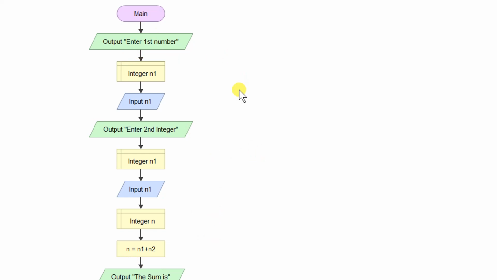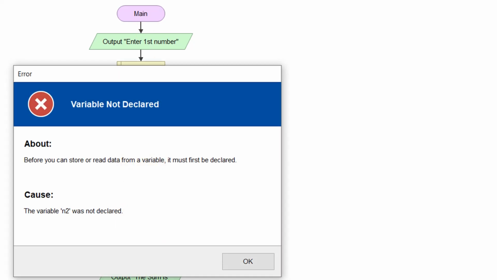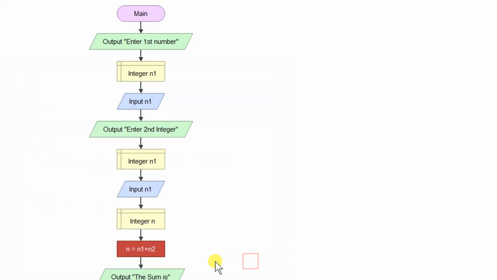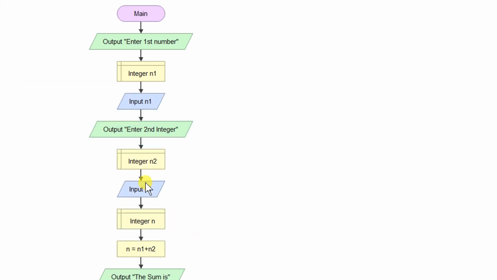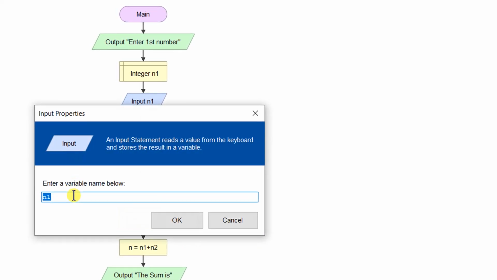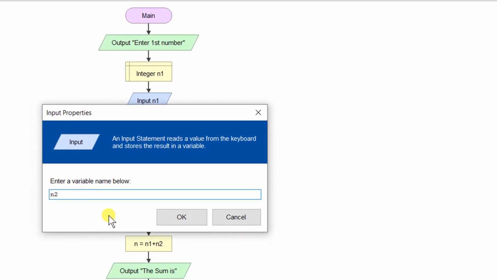In this particular software I can execute this flow. Now let us see. n2 was not declared, so here I have n1 again, which is supposed to be n2, and here again it's supposed to be n2.